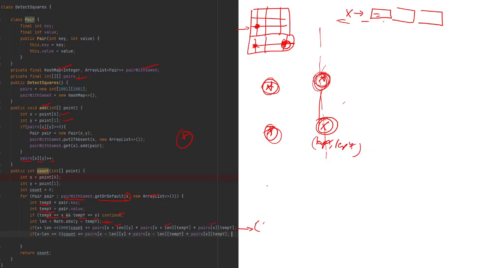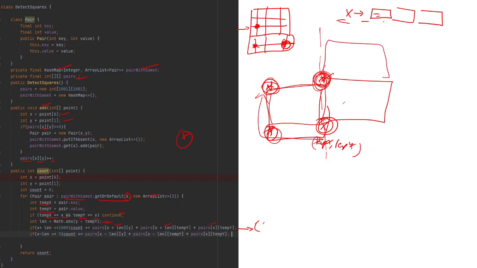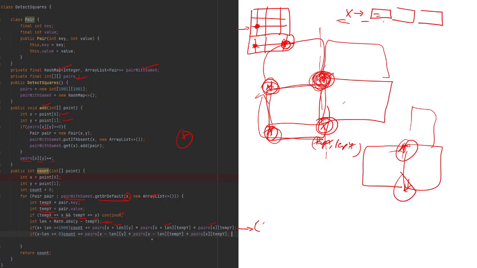If they are present, we have first seen whether that square is possible or not, which is done by checking that the values are not zero. When these values are not zero, that means the square is present. Then we'll do the multiplication of these three, a, b, c, that we have seen earlier. So basically, if we have the point, it can form a square with this particular part, or with this particular part, not with the top one. Why? Because we have selected 2 points, and with 2 points we can form only two squares, either this side or this side, not the above one. That is why we are doing it here 2 times only.